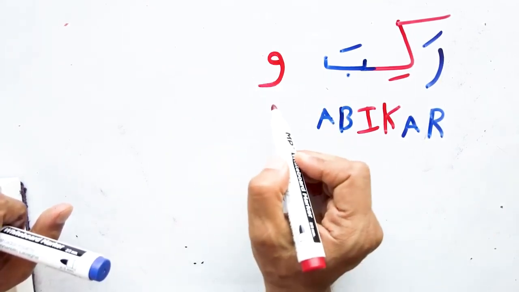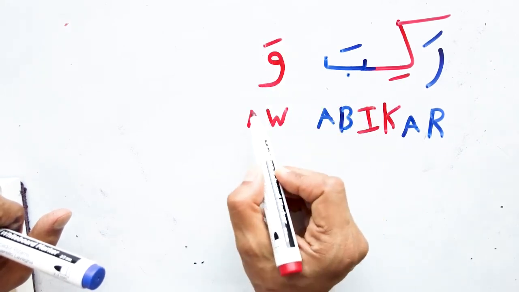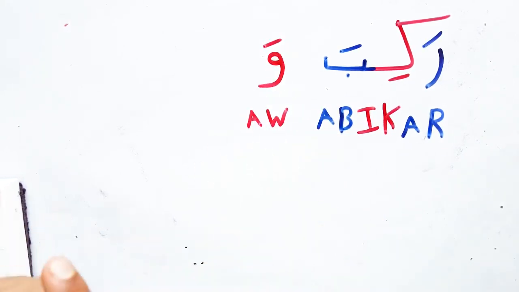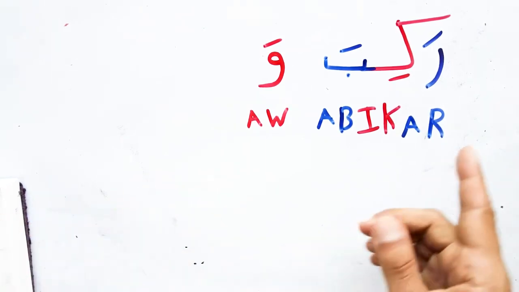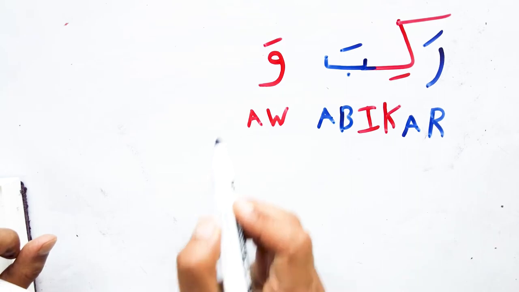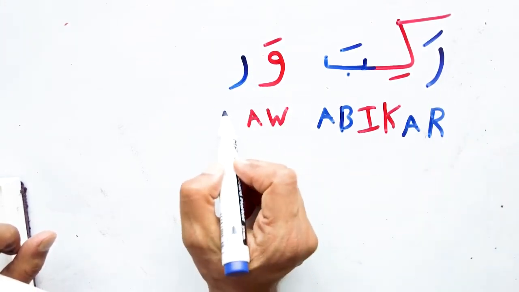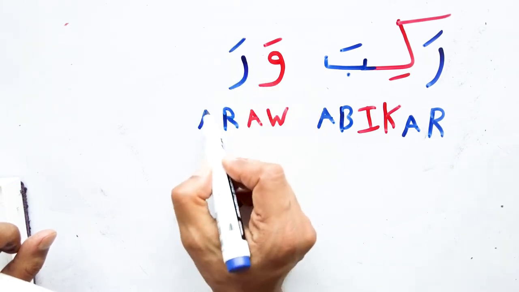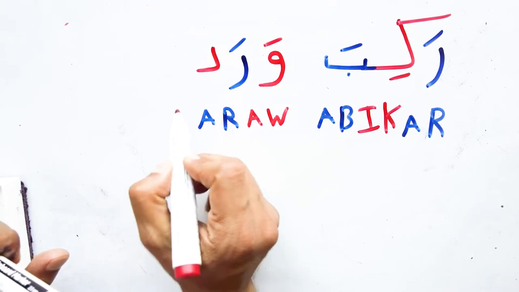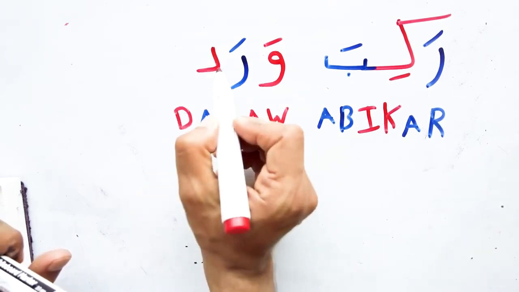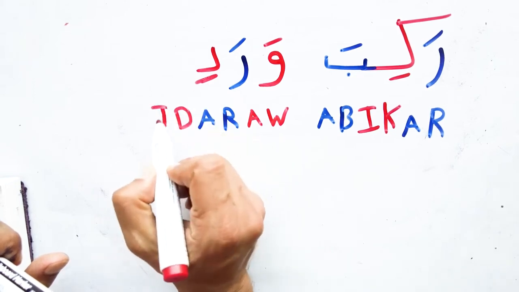It's another word now. This one sounds like W. With this mark on the top, it sounds like A. Just if you say in Arabic it means and. Okay, so ra di fa. Again, it's the same letter, so it sounds like R. With fatha, it sounds like A. Ra. Di. The sound of D. Let's add here D with kasra. Remember, kasra sounds like I. So now I'm gonna add I here.